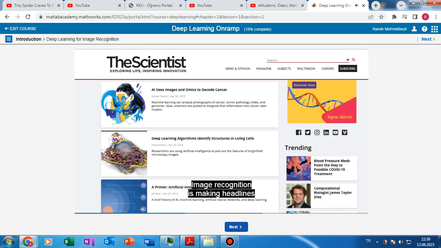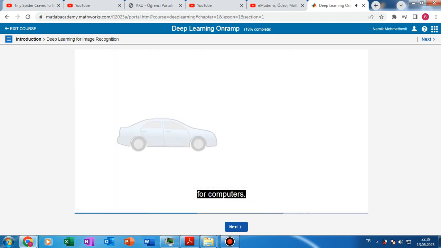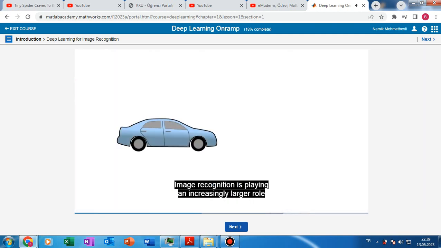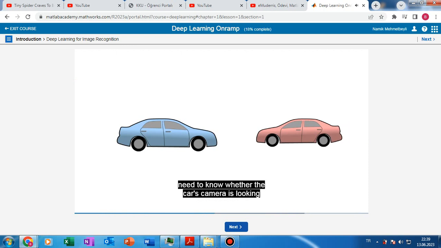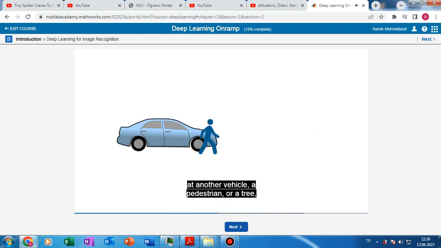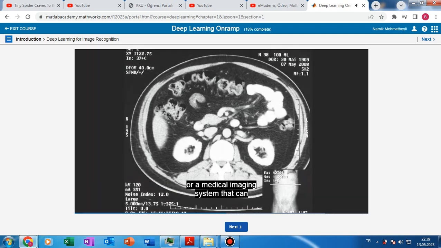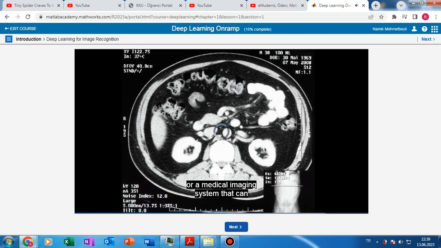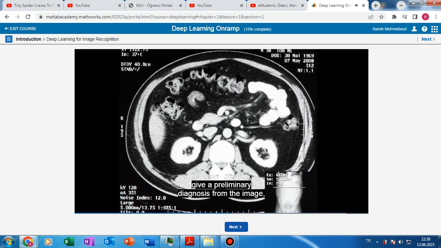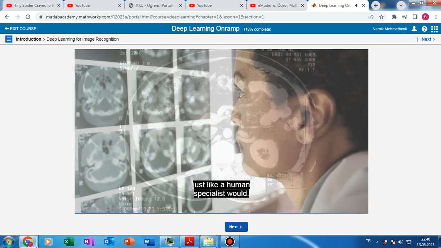Image recognition is making headlines because it's easy for humans, but traditionally very hard for computers. Image recognition is playing an increasingly larger role in modern life, like driver assistance systems, which need to know whether the car's camera is looking at another vehicle, a pedestrian, or a tree. Or a medical imaging system that can give a preliminary diagnosis from the image, just like a human